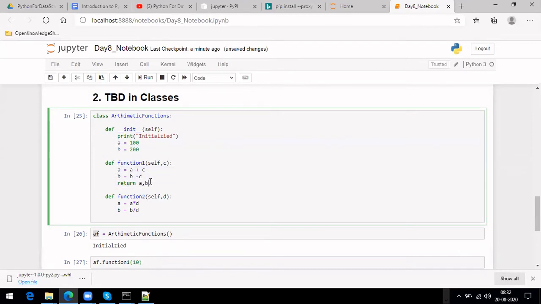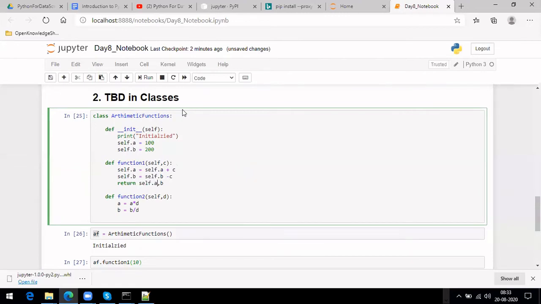If you want to access them, you should use self dot. This self dot means the variable will belong to this object, like a property of it. So if we want to use it here, we use self dot again.